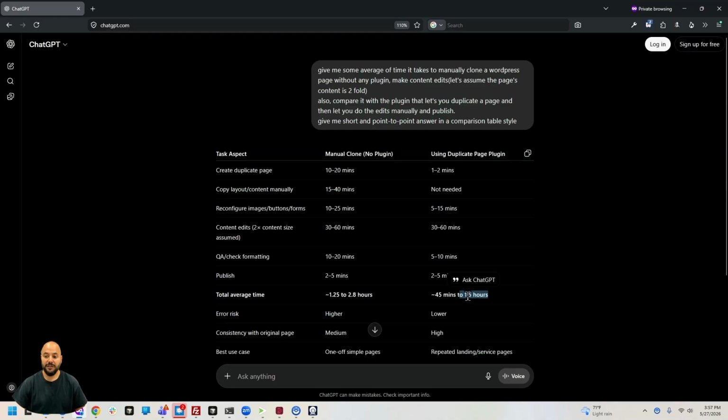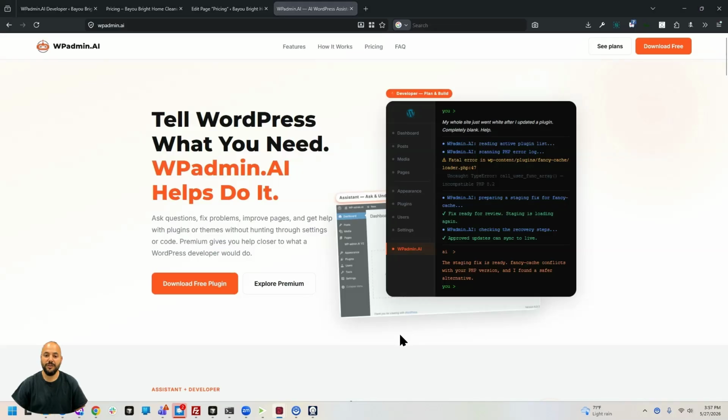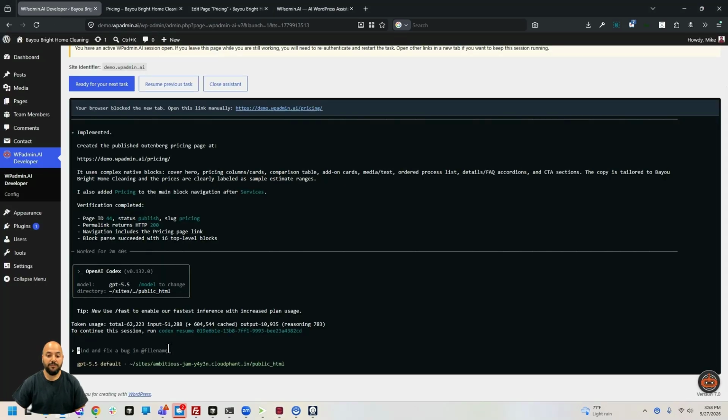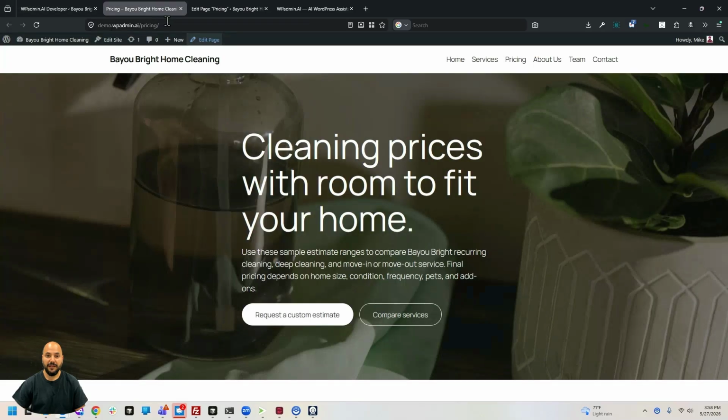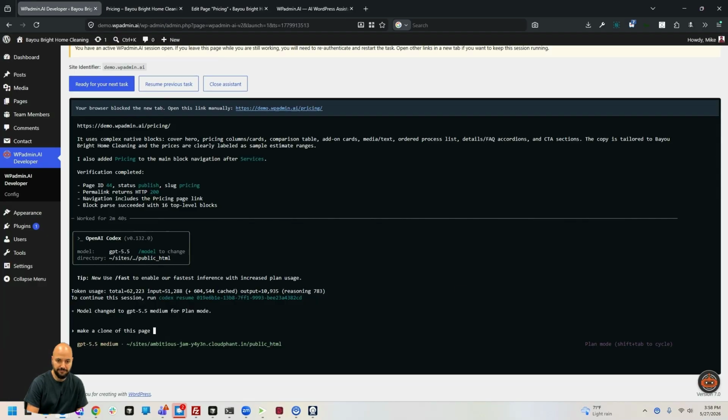Now, let me tell you something which can do this within 2 or 3 minutes. With WPadmin, you can cut these hours of work into just a few minutes, right? What you have to do is just put in the actual details of this page, like make a clone of this page here, repurpose the wordings